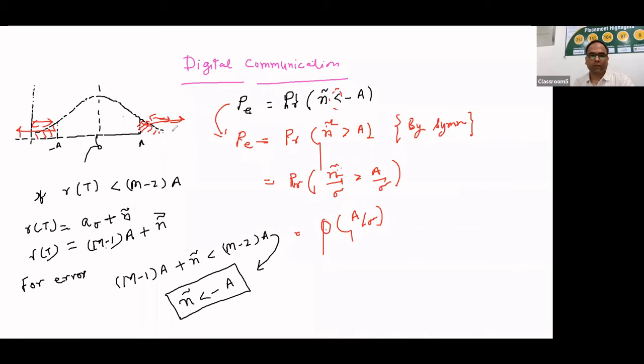We will use this value here to get the probability of error. So the probability of error is equal to Q of a by sigma, and we know that probability of,